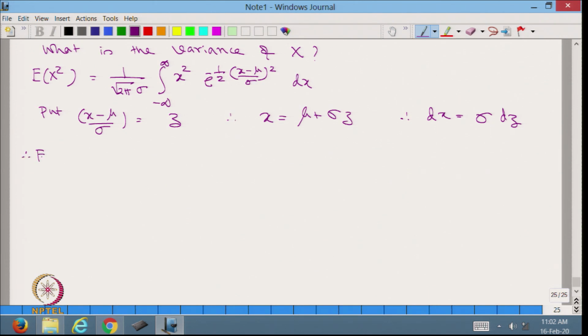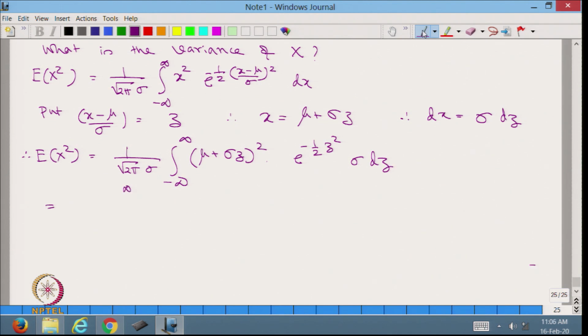Therefore, expected value of x square is equal to 1 over root over 2 pi sigma minus infinity to infinity mu plus sigma z whole square into e to the power minus half z square sigma dz, which is equal to 1 over root over 2 pi minus infinity to infinity mu square plus 2 mu sigma z plus sigma square z square